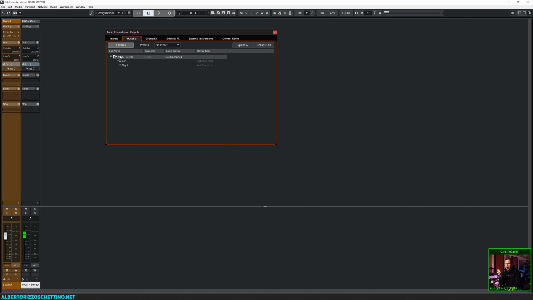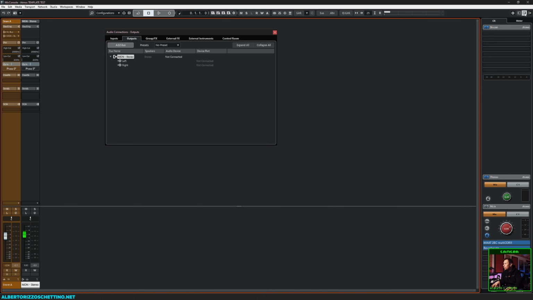So if I right-click monitor stereo, I can set that track, that bus, as a main mix. You see where the headache is. If you assign these to your physical outputs, you'll still hear it. But because I want to use control room, which is here,